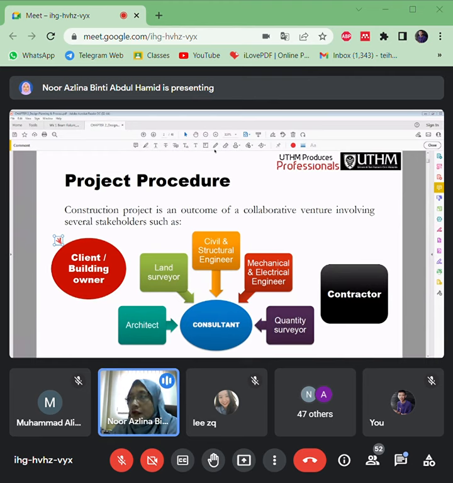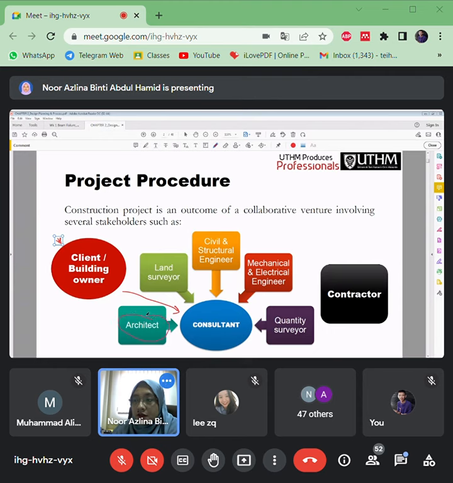Okay, then this project owner, or this client, will hire consultants to develop and build their desired buildings or projects. This consultant team consists of many members.